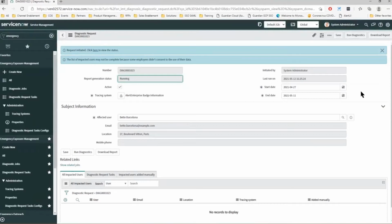The ServiceNow platform has made a call out to the AlertEnterprise platform in the back end, and the analytics, the contact tracing, all of that number crunching is happening. What AlertEnterprise is doing is looking through that tracing system, recognizing this individual, and correlating their access, their swipes, their recorded access entries and exits with those of all the other people during the same time frame. Ultimately, you'll have this correlated, cross-reference data, an entire list of everyone who has come into contact or been co-located with this person during this